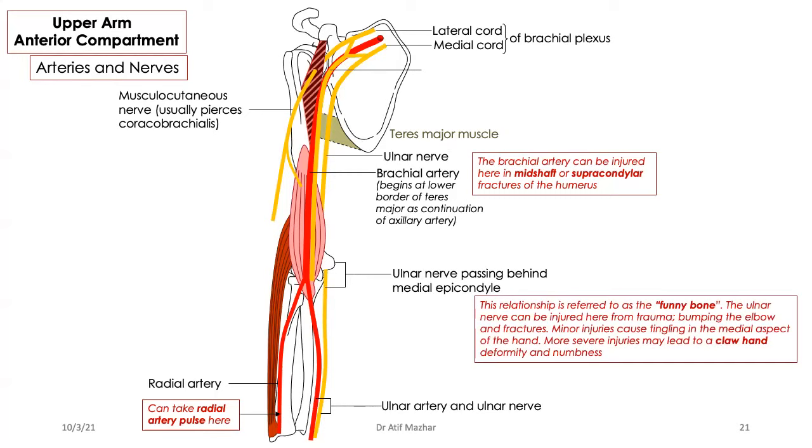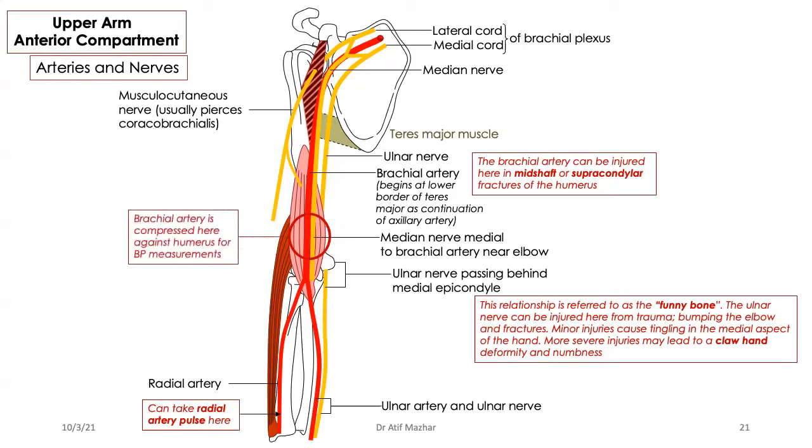Now, the lateral cord and medial cord decide to do something together. So they make a nerve, the median nerve. Median nerve does nothing in my arm, but it is the sole nerve for the flexors of the forearm. And this is where we record the blood pressure. Are we good?